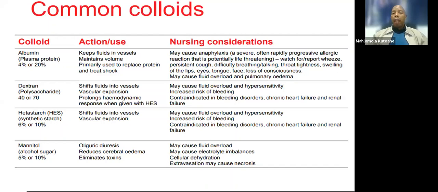So blood and blood products. With blood or blood products, we have plasma, red blood cells, white blood cell concentrate. We also have the platelets, and they are used for different reasons, but all in all,